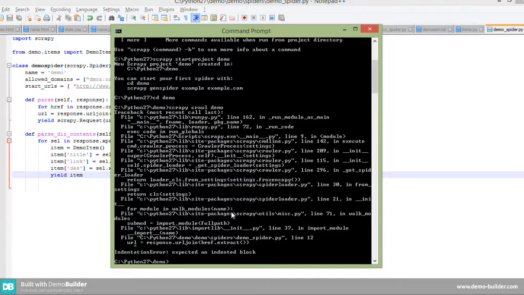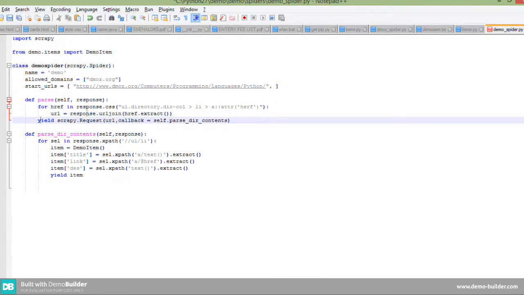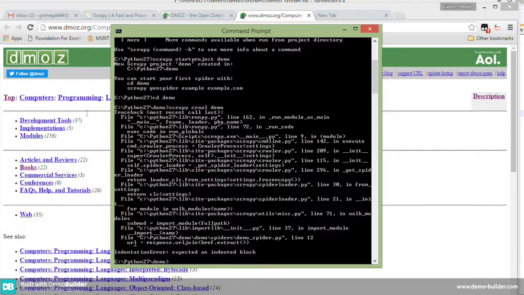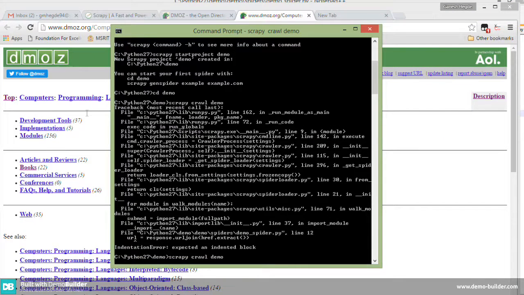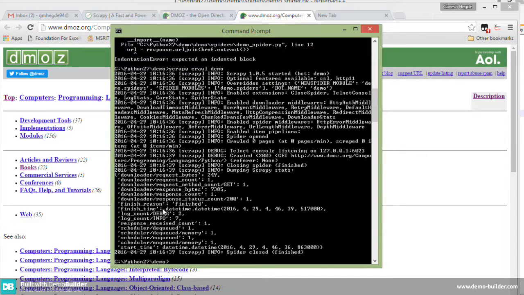Expected indented block in line number 12. Spider.py. Okay, where is line number 12? Here. Oh, sorry, I told you before you need to give the correct indentation, otherwise it will give an error. Okay, once again run scrapy crawl demo. Okay, yeah, see, now it's scraping all those things.